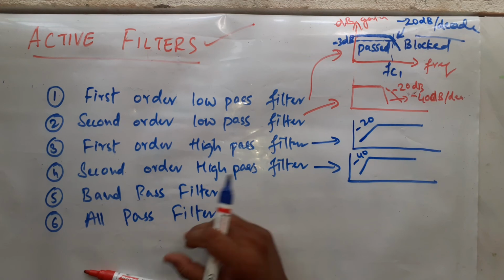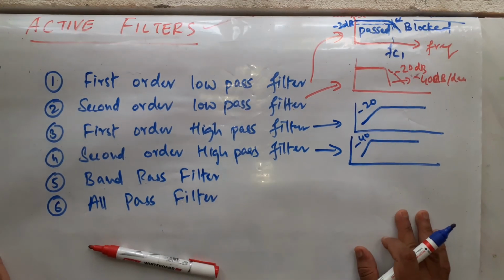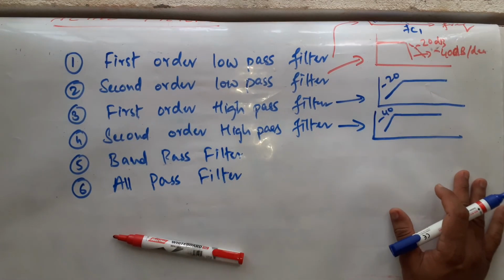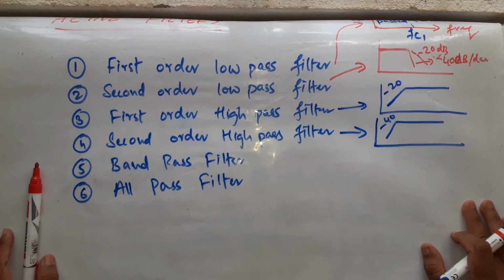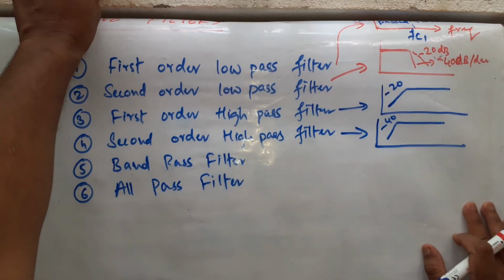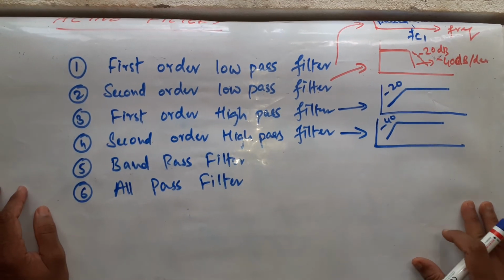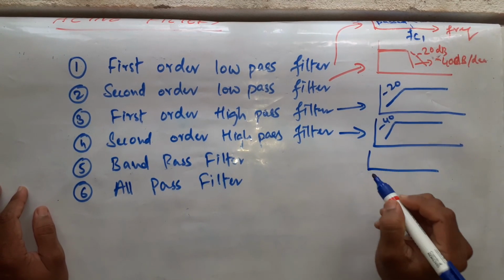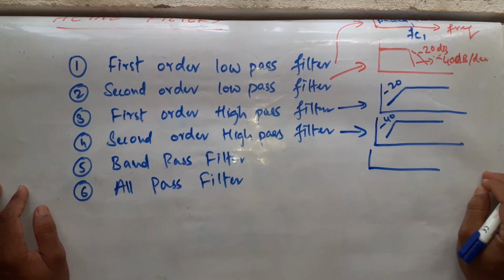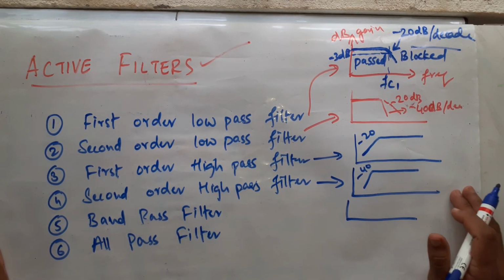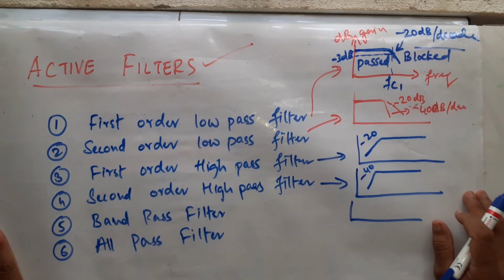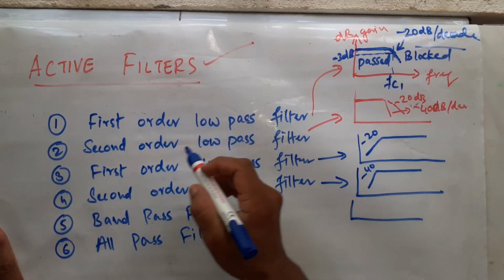Okay. Now in band pass filter again we have subdivision where we have band pass filter, band reject filter, notch filter. Okay, we have variation in this. When the topic comes I will describe it. Okay, so these four are very important. Fine. So let us see one by one as per your syllabus.